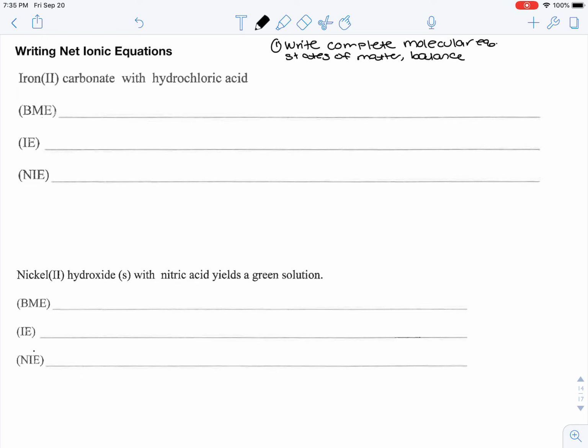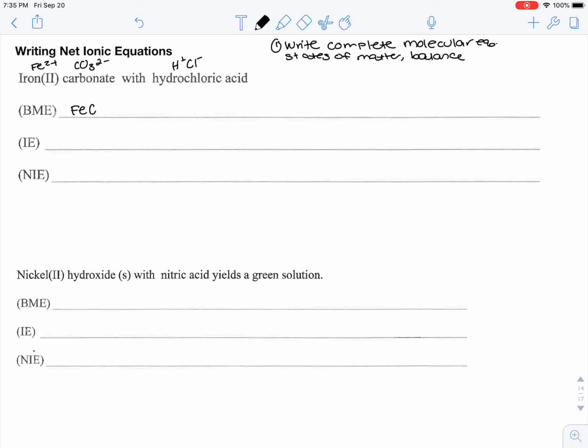So let's start there. Iron 2 carbonate with hydrochloric acid. So that is iron 2 plus, and carbonate, I remember, is CO3 2 minus, and hydrochloric acid is H plus ion and chlorine anion. So putting those two together,